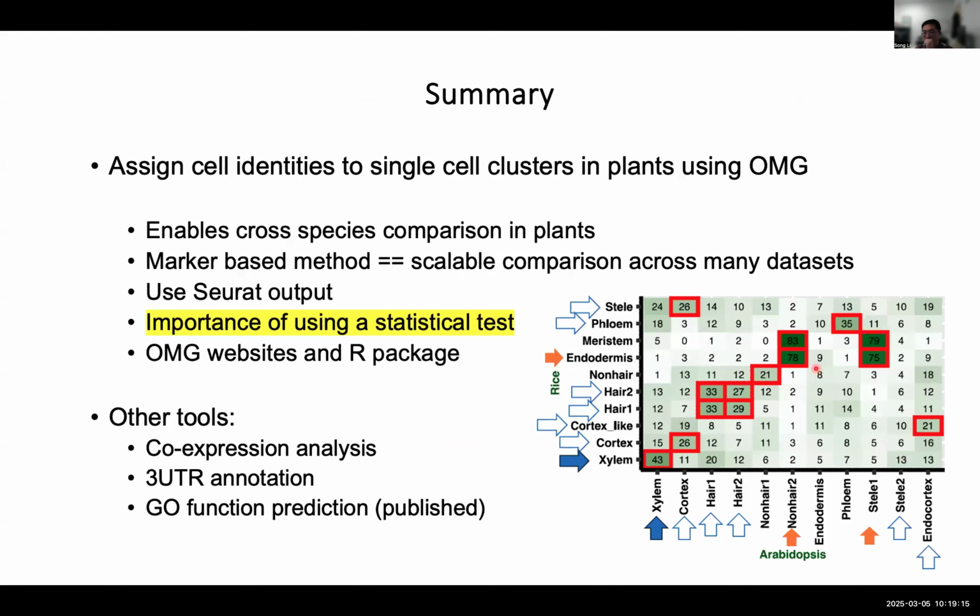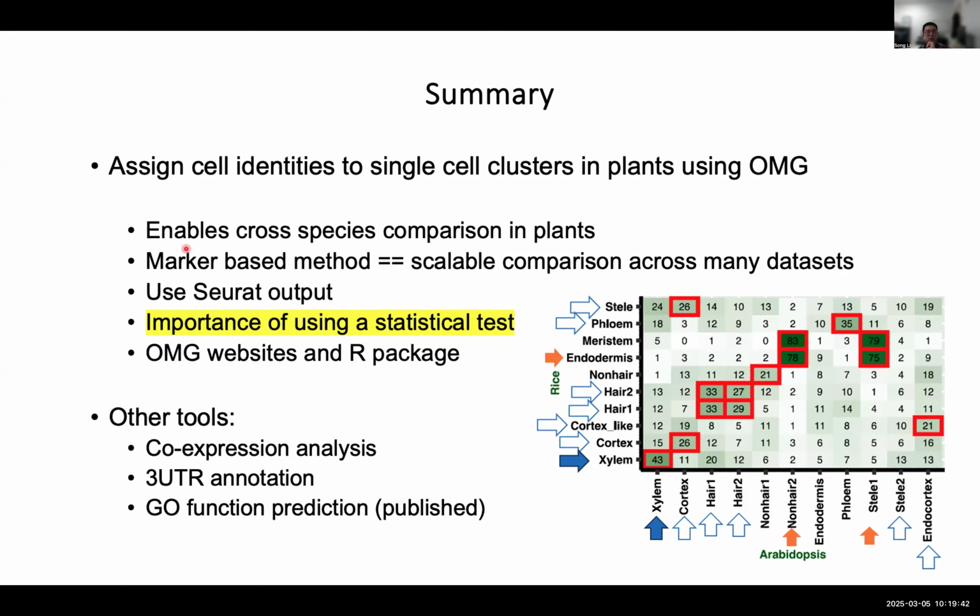And to quickly summarize 15 minutes, the most important thing is that we need to do a statistical test to assign your cell type based on the marker genes. And I showed you these orange arrows are the cases where there are potentially mislabeled cell types from publications or dual function cell types. And I'm going to show you what these open arrows are in the next few slides.